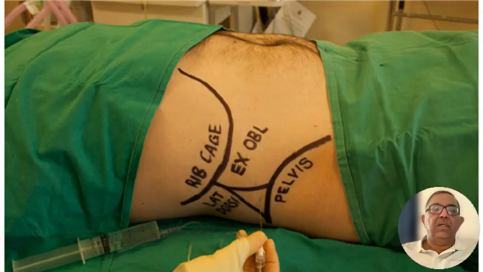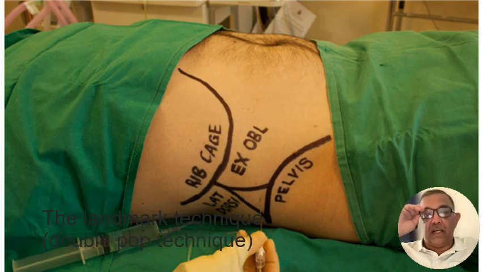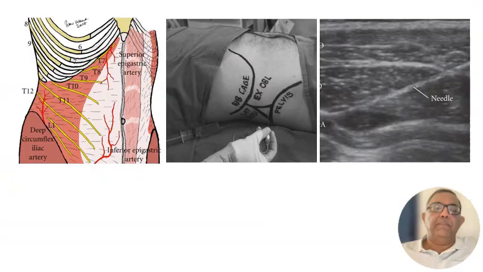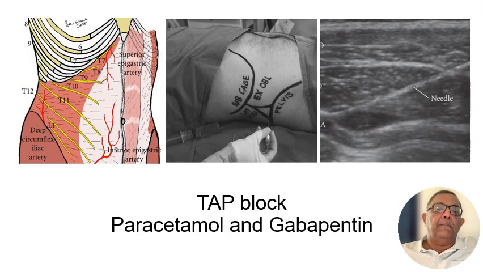So TAP block techniques are pretty standardized. These are the various landmarks for doing the TAP block. It can be given either using anatomical landmarks or ultrasound guidance, and it can also be given perioperatively when you have already done the laparotomy. Besides the TAP block, use of oral paracetamol and gabapentin is helpful. However, the TAP block doesn't work above the umbilicus,